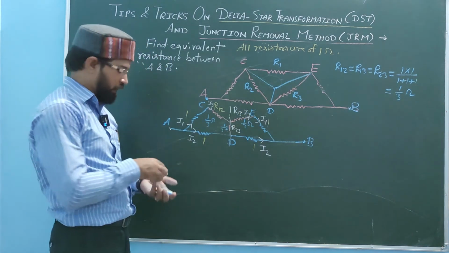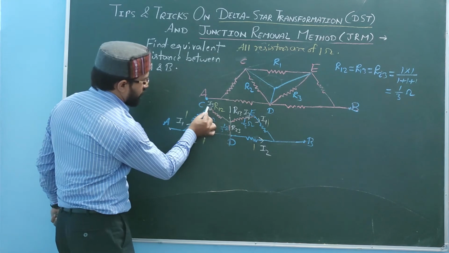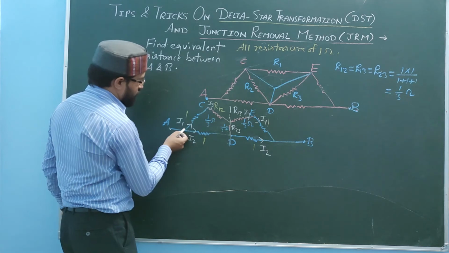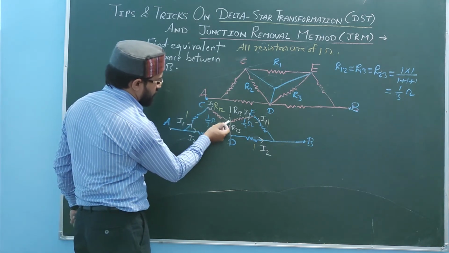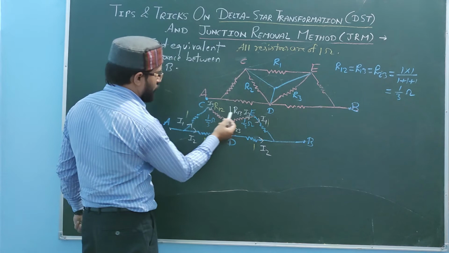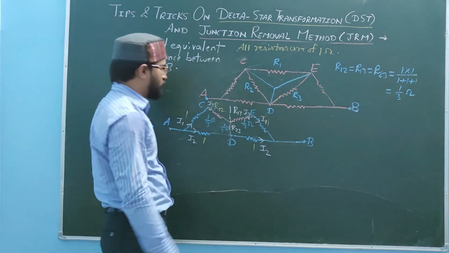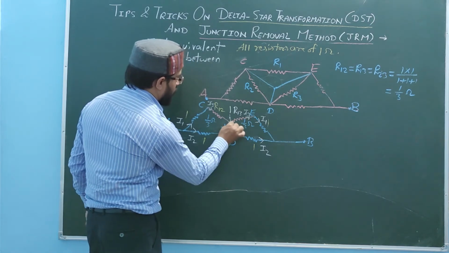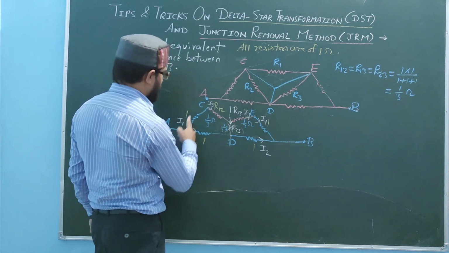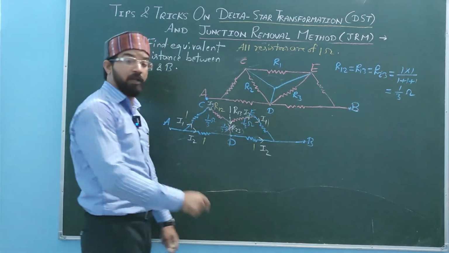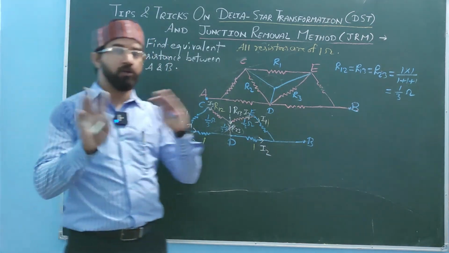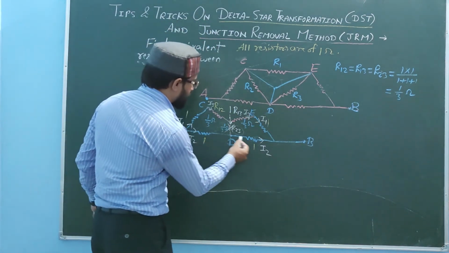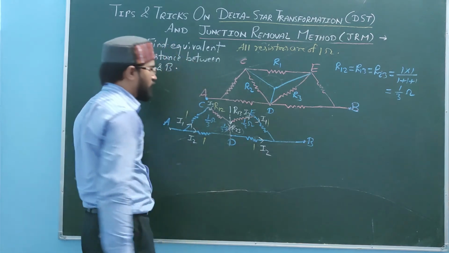Don't be in such a hurry. You can clearly see before I3 there is no junction. This is only a single wire. So whatever current is I1, that is also moving like this, like this, like this. Means 1 2 3 4, all 4 resistances are in series combination. This resistor R23 will still be connected, but there would be no current flow from this section because this current is moving like this. As per symmetry we have used, and we have not removed the junction. Symmetry we will use, and I2 is moving like this. So these 1 ohm are in series combination.